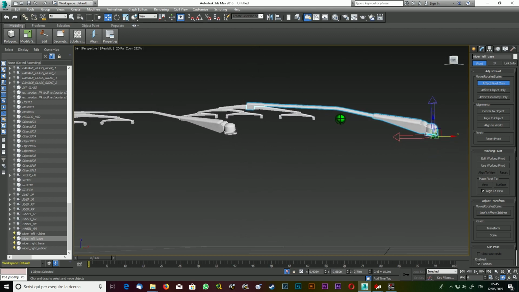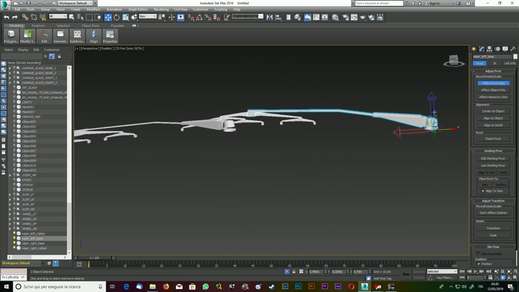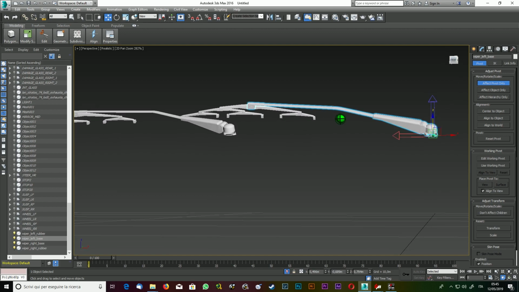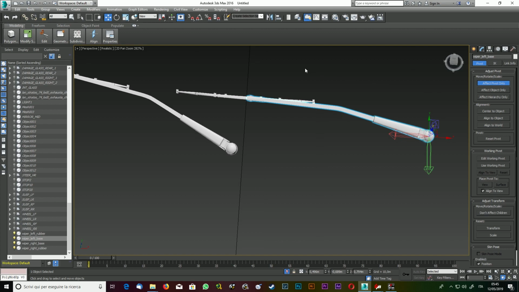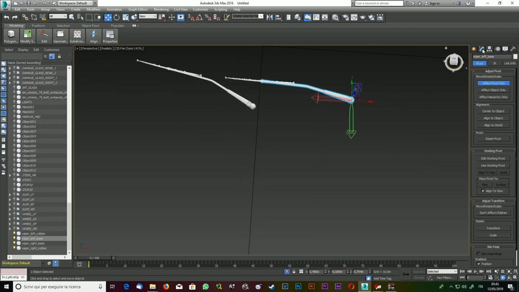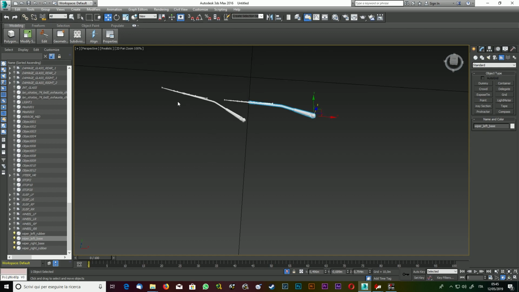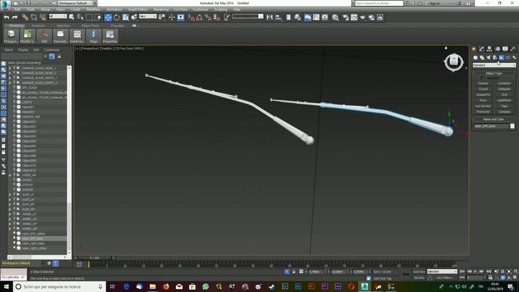Okay, should be correct. Okay, a little up. Perfect. Okay, we have done this. Then we can create the dummies also for the wiper elements. Helpers, dummy, small dummy here,